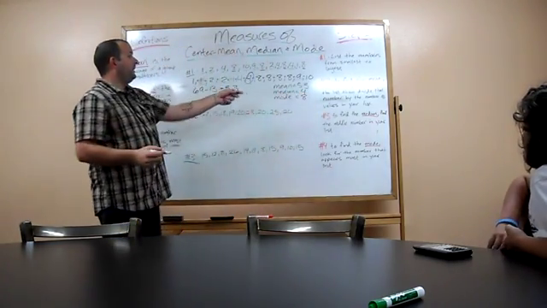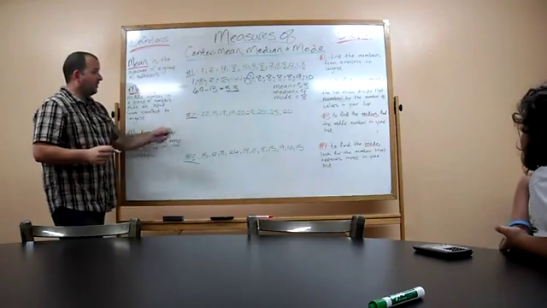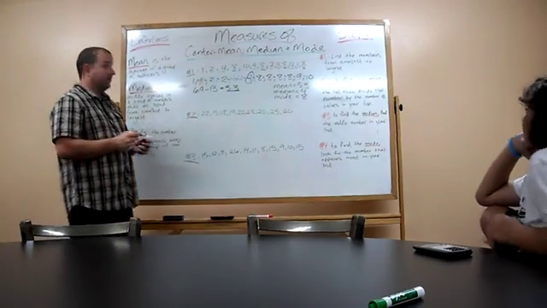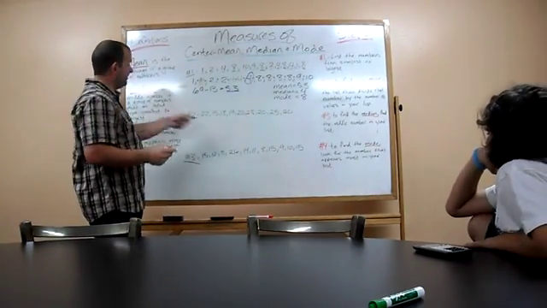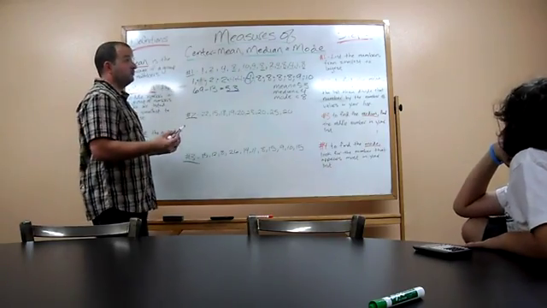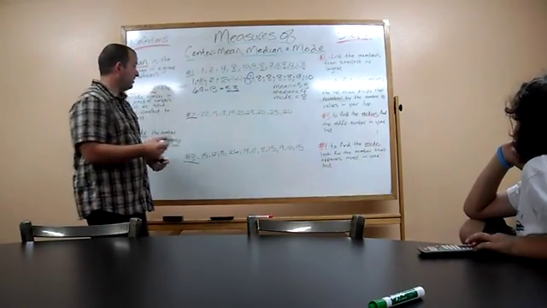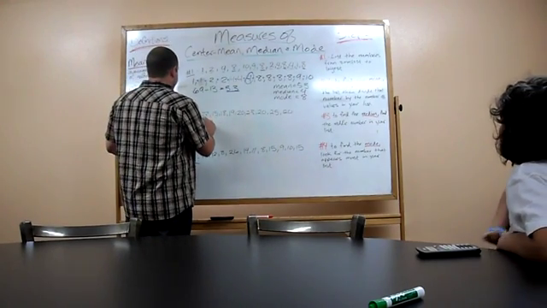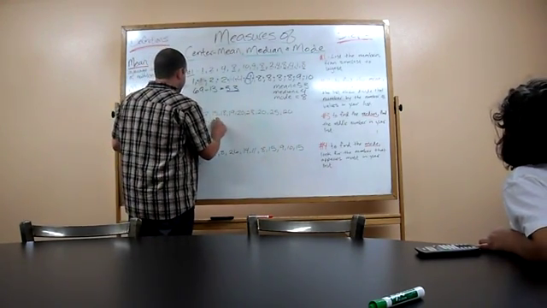Alright, so there we have our mean, median, and mode. We're going to go on to problem number 2. Alright, so we are going to just write them down in numerical order from smallest to largest. So we have a 15, 18,